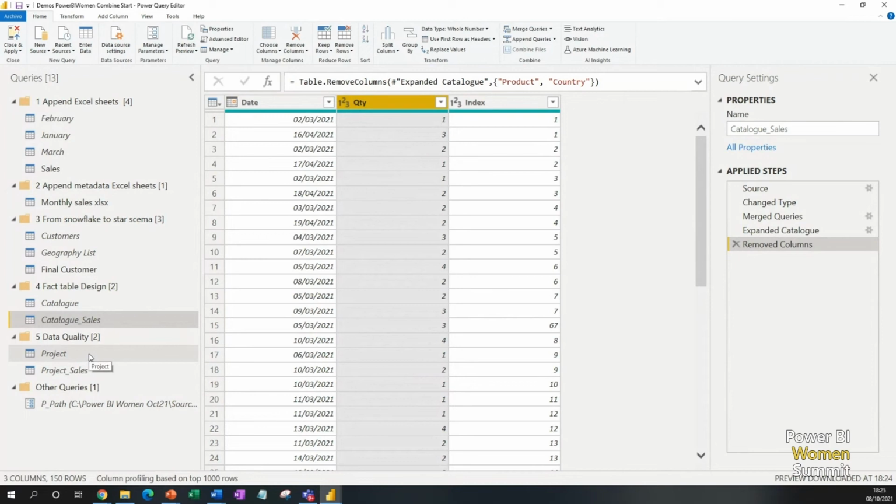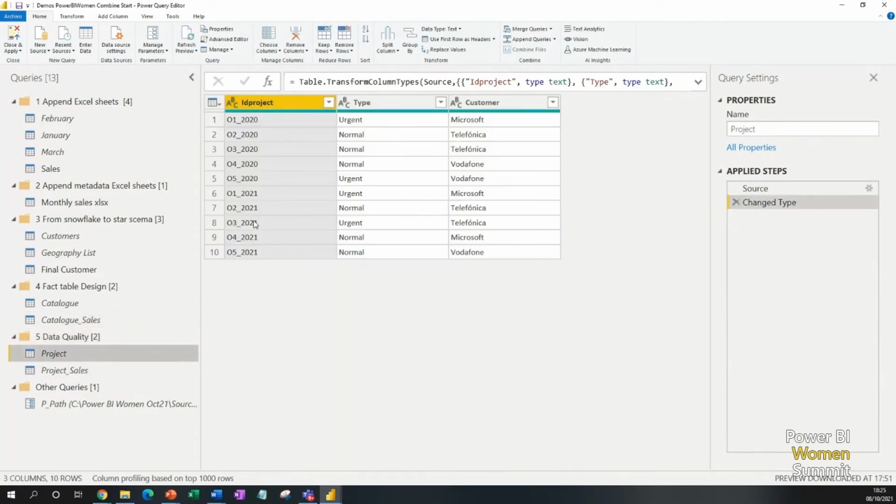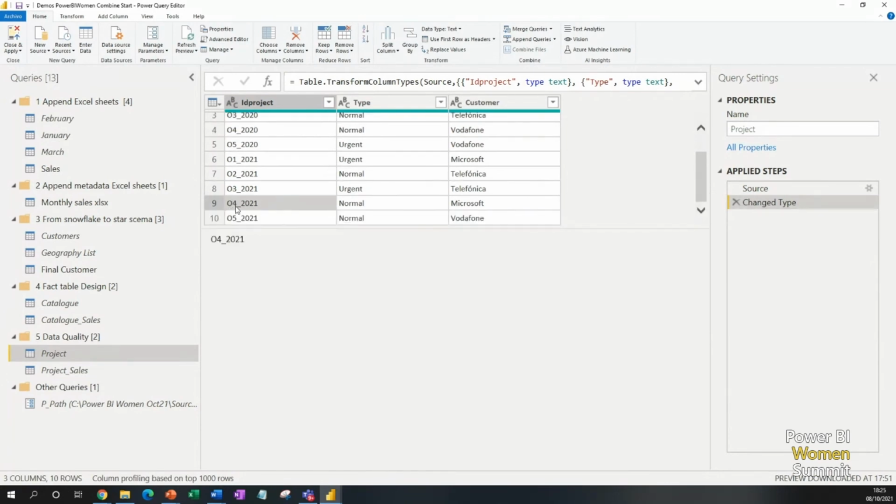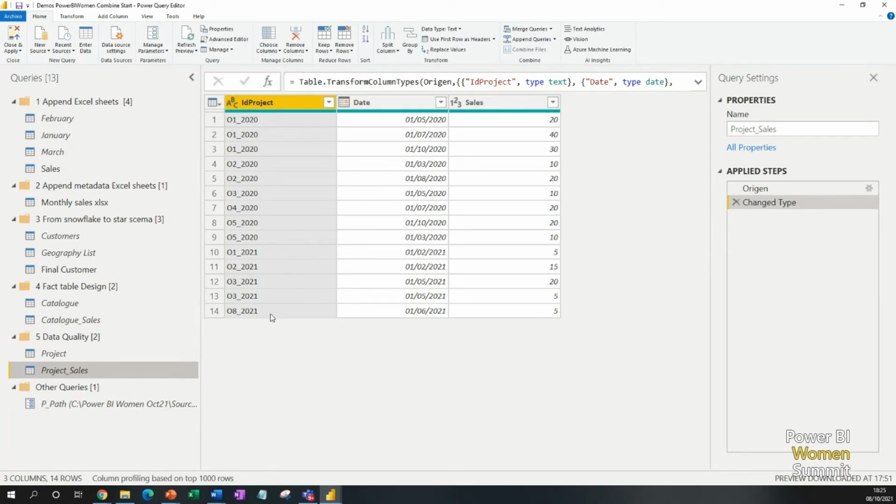And the last example here is related to data quality. We have some inconsistent data here. In this case, we have projects. The fourth and fifth projects, this one and this one, aren't in the sales table, and the opposite. In the sales table, we have one project that isn't present in our catalog of projects, so referential integrity is broken between the tables. So the solution for looking at the inconsistent data would be, of course,